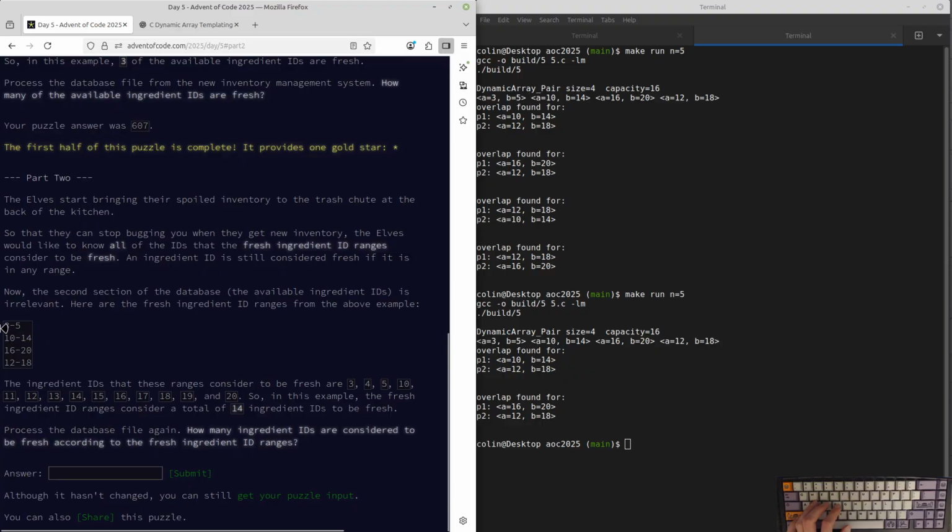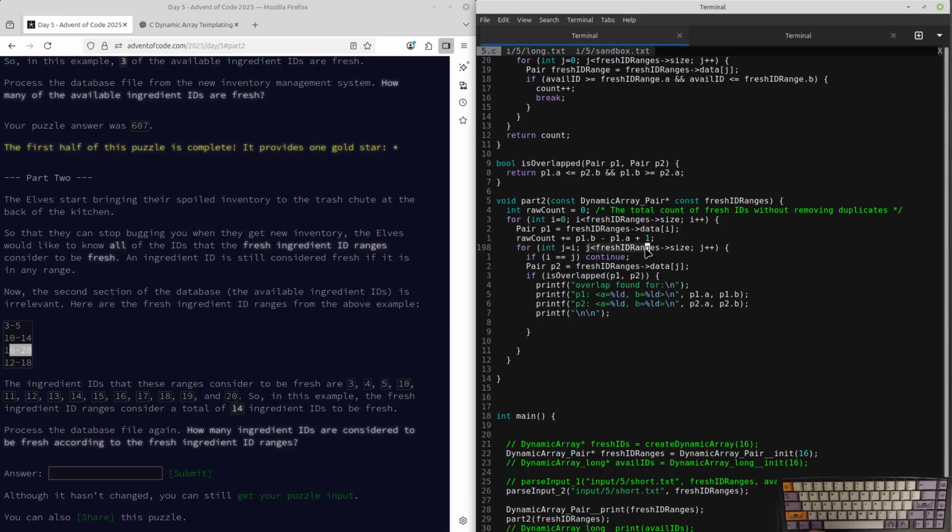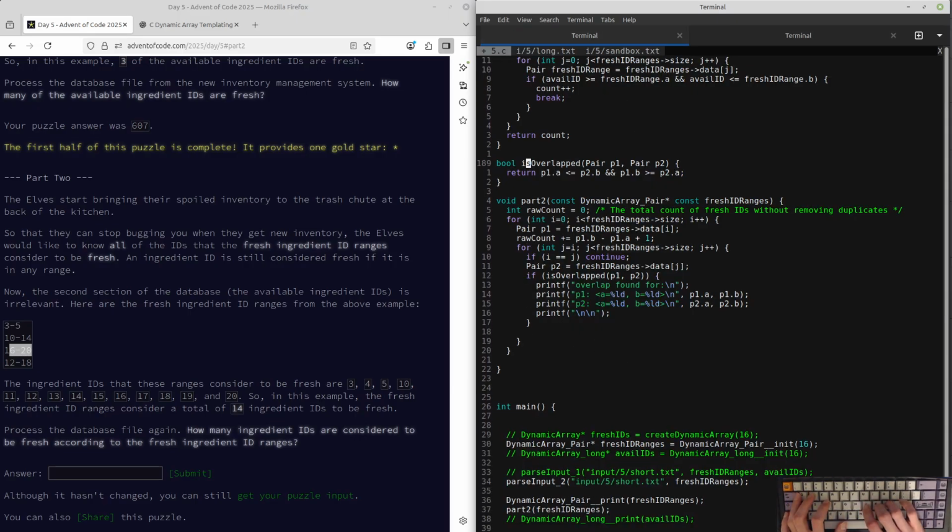Because right now I'm pretty much saying compare this to this, then this, then this, okay? Then compare this to this, this, and this, okay? Next one, compare this one to this, this, this. Now, right here, if we're comparing this one to this one, that's unnecessary because previously we already compared this one to this one. We don't need to look at any of the pairs above the one we're currently on, which is what I just changed in the code. Okay. So what we can then do is change our function from is overlapped